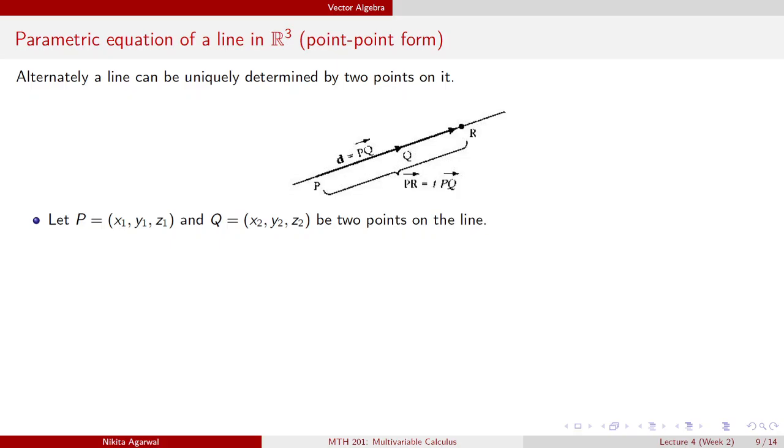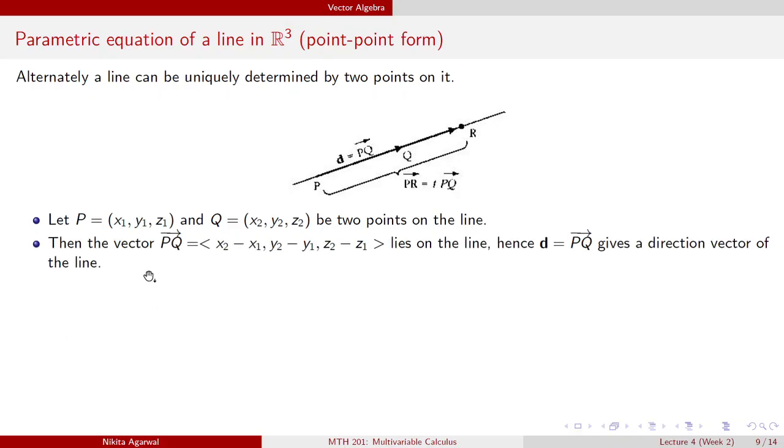So now you are not given a direction, you are given 2 points on a line. In R3, if you are given 2 points on a line, there is a unique line that passes through those 2 points. Suppose those 2 points are P and Q. The coordinates of P are x1, y1, z1, and the coordinates of Q are x2, y2, z2. Once you have 2 points, you can compute the direction, right? So if you look at the vector PQ, which is x2 minus x1, y2 minus y1, z2 minus z1, that